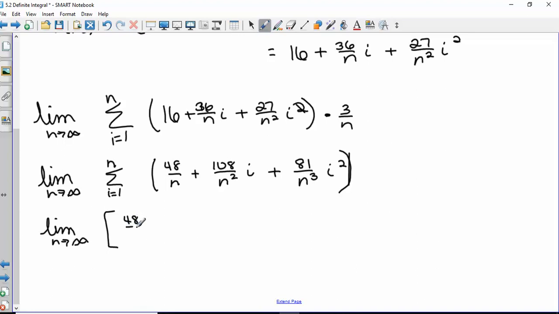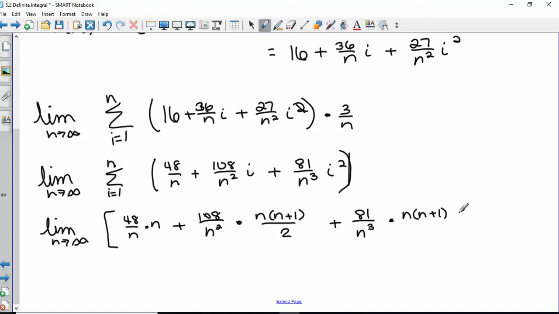So that's 48 over n times n, plus 108 over n squared times the formula for i, which is n times n plus 1 over 2, plus 81 over n cubed. What's the formula for i squared? n times n plus 1